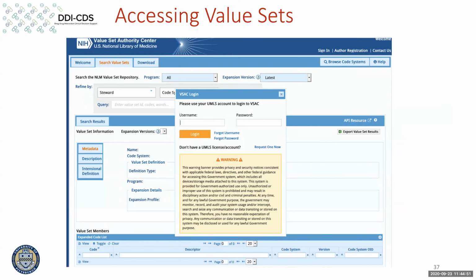Where you can access the value sets is on the National Library of Medicine's Value Set Authority Center. This screen, I always want to show this to people because if you just go up to the Value Set Authority Center, you'll find you need a login. This is something that's free for folks to get. They just have to go through the UMLS